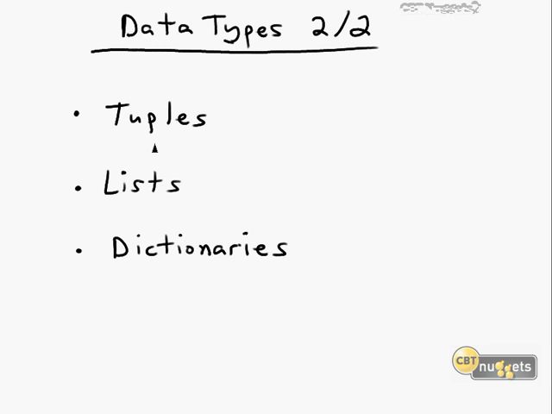Data types, part 2 of 2. In this nugget, we conclude our discussion of the core primary data types in Python. What you're about to learn, among other things, is that all three of these data types, tuples, lists, and dictionaries,